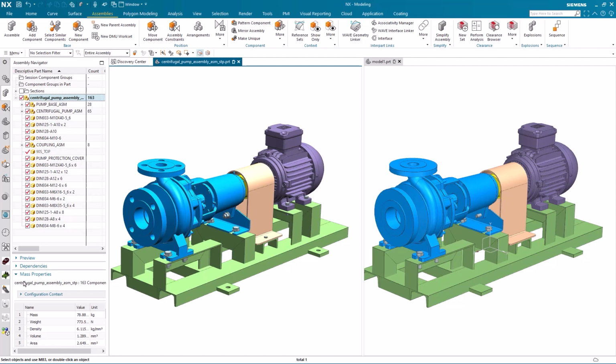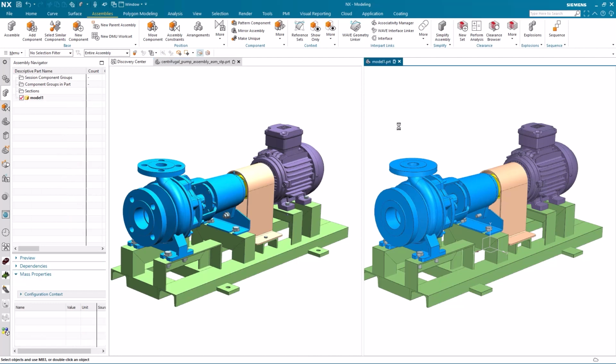If we go across to this model part with the simplified geometry, again, you'll notice that the mass properties have been transferred. And of course, the mass properties are associative to the geometry.